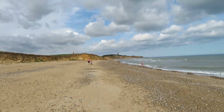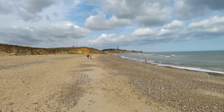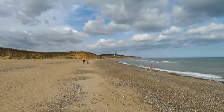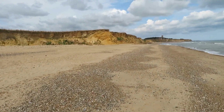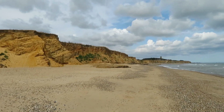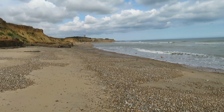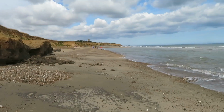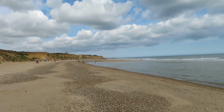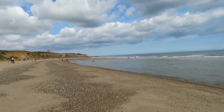I was a bit wary before I got here as to where the tide will be, because clearly the tide comes in and it's easy to get cut off. But so far so good. More erosion clearly shown there. I think the tide is coming in because these pools are getting fuller than when I walked down to the